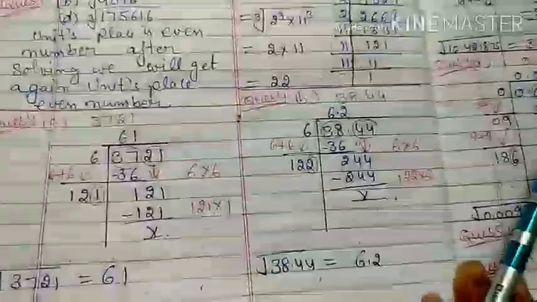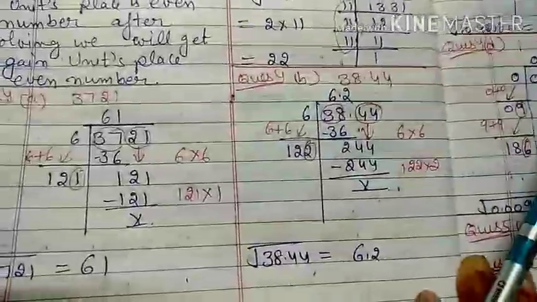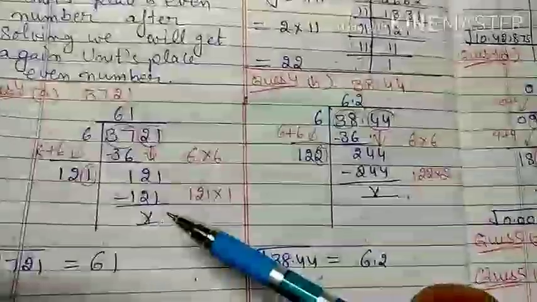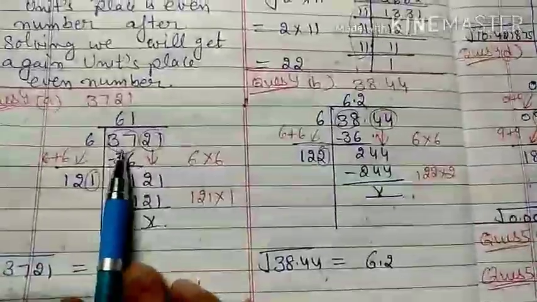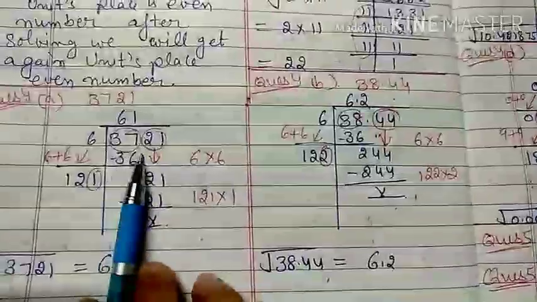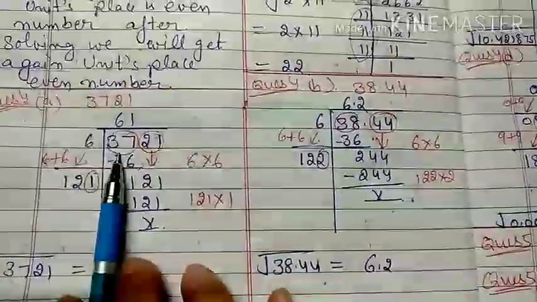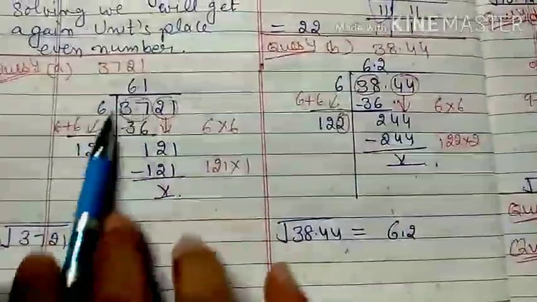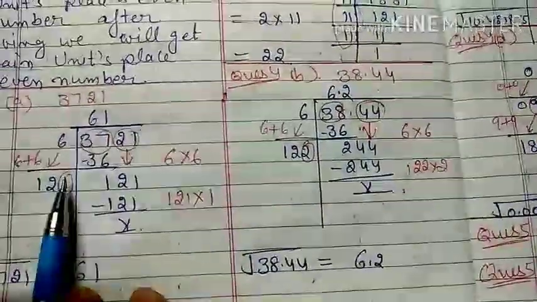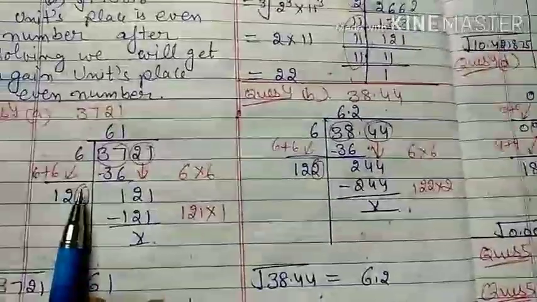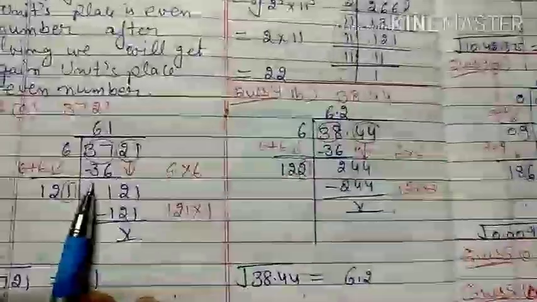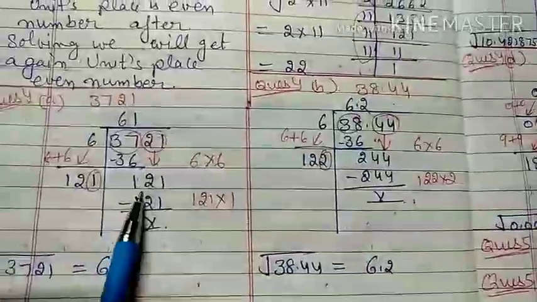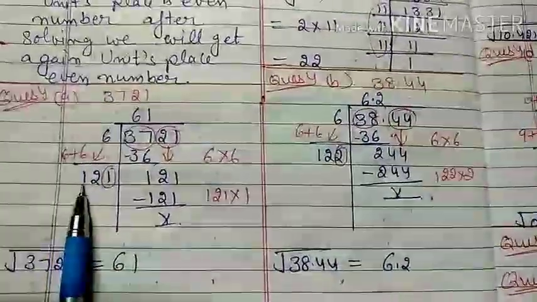Question number 4. You have to find the square root of the following numbers. In this case you have to go with the square root division method. If you have the number 3721, you make pairs starting from the right if no decimal sign is there. First we check which number to multiply, which will be the divisor. That same number should be written in the quotient, like 6 into 6 is 36, that is less than 37. So 37 minus 36 gives me 1, 21 carried downward, and 6 plus 6 gives me 12.